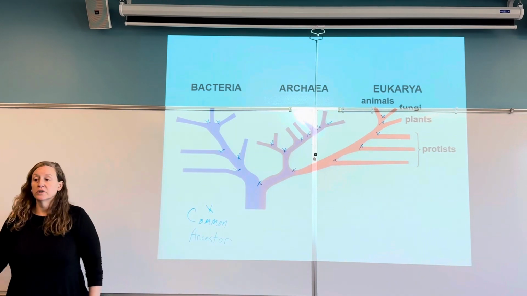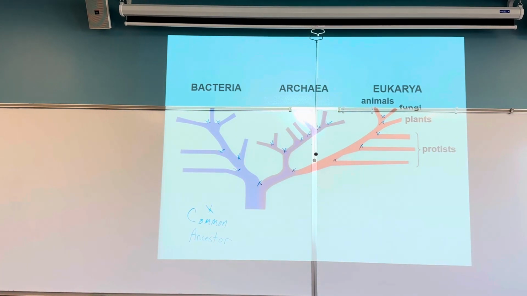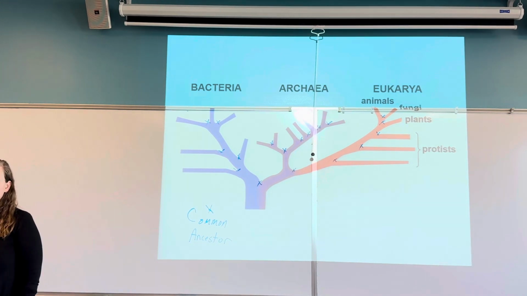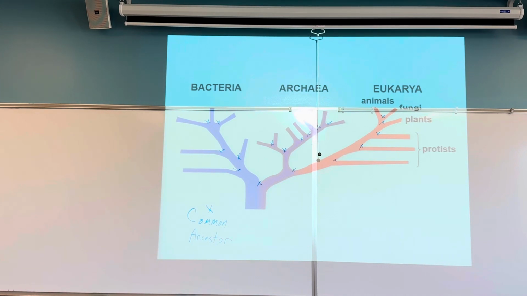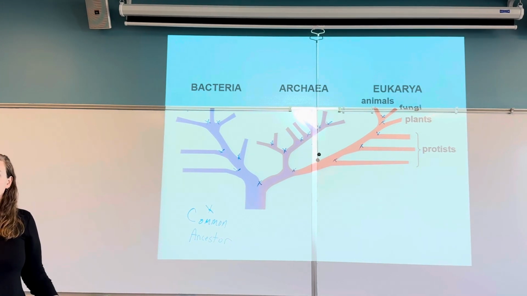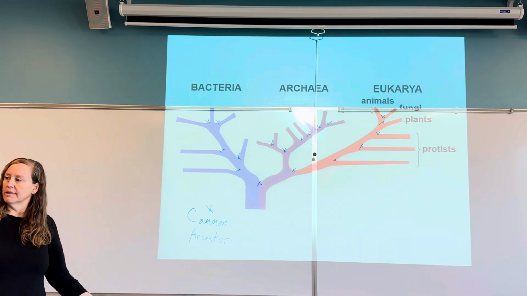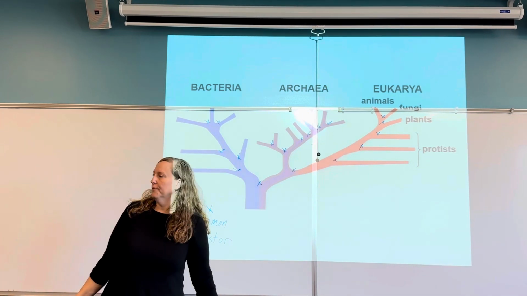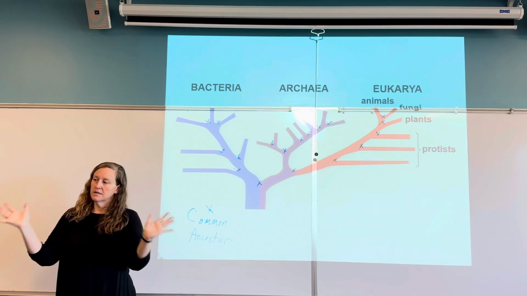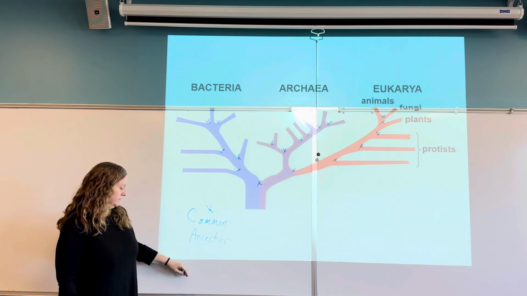So everywhere that I put a little star, that means those groups had a common ancestor. They have a relationship, but one didn't come from the other. Like when people say, I don't believe humans evolved from monkeys, I'm always like, we didn't. We had a common ancestor with the primates, actually. And then they go, we're not a gorilla. I don't have that much hair on my body, and I walk upright, I'm not a gorilla, no, I'm not a monkey, but we had a common ancestor between us. So just to note that.